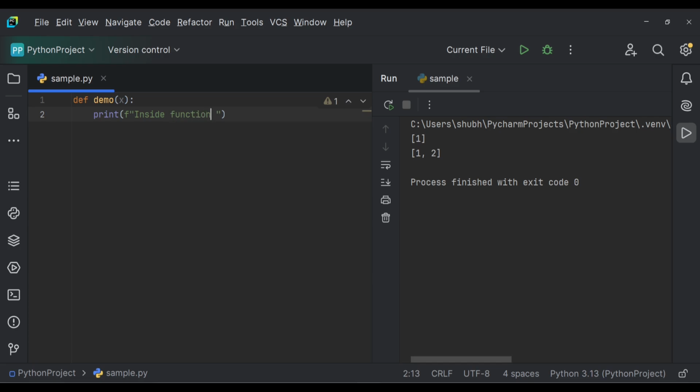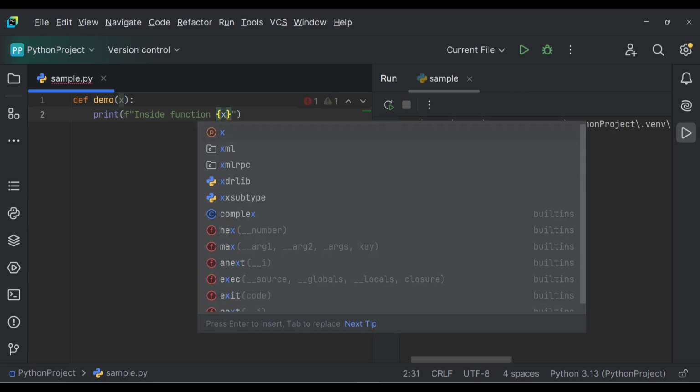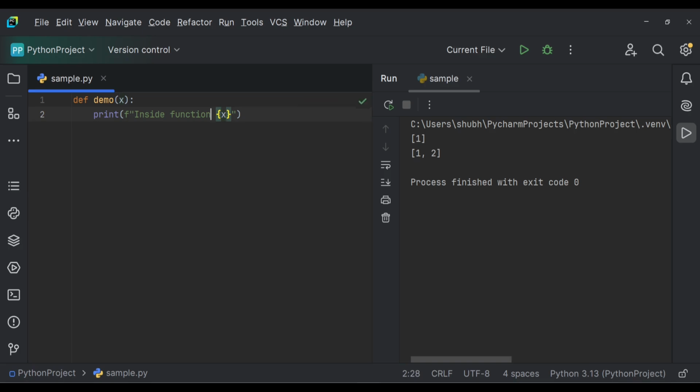Let's format the string using f and use the variable x. Inside function before updating, we have x. Then let's update the value x to, let's say, 5, and let's print after